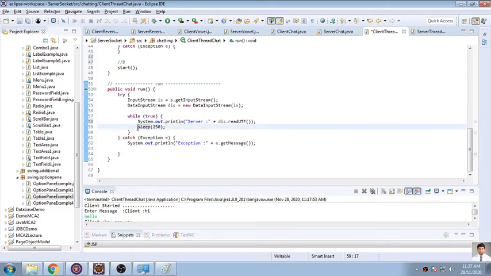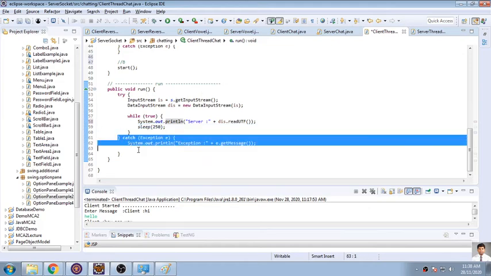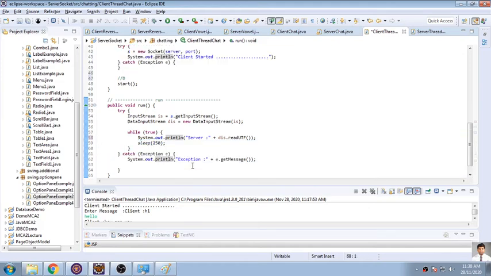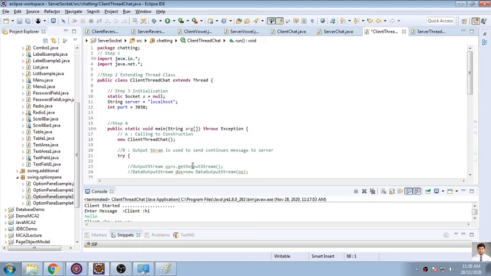And for implementing the feature, I have used this sleep. If you feel like it, you can use it to show slower chatting. You can use this one, or you cannot use this one. It is up to you. This sleep cannot be used in the main function. It will only be applicable for the run function. So you can write sleep only in this run function. And I have handled this exception. That's it. Nothing extra I have done in this program.